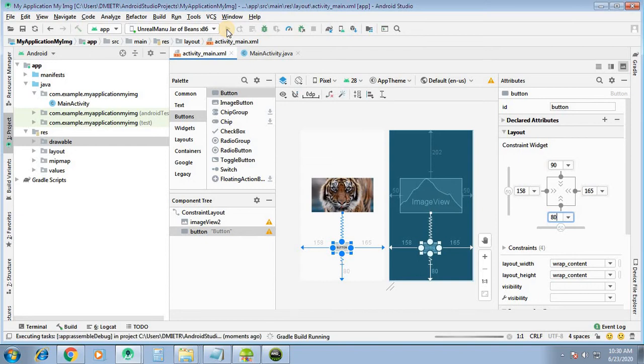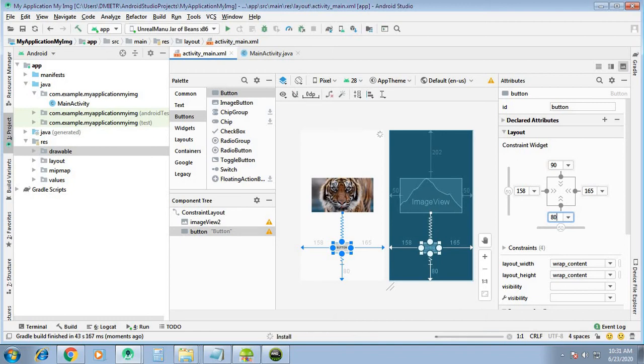Let us run this. So activity has been launched.